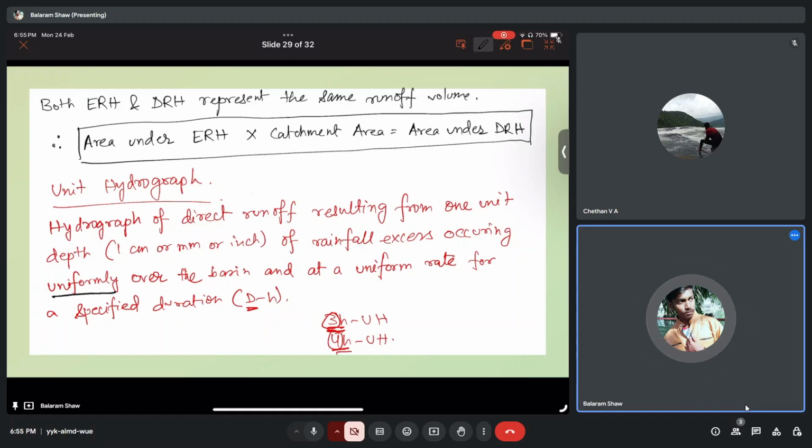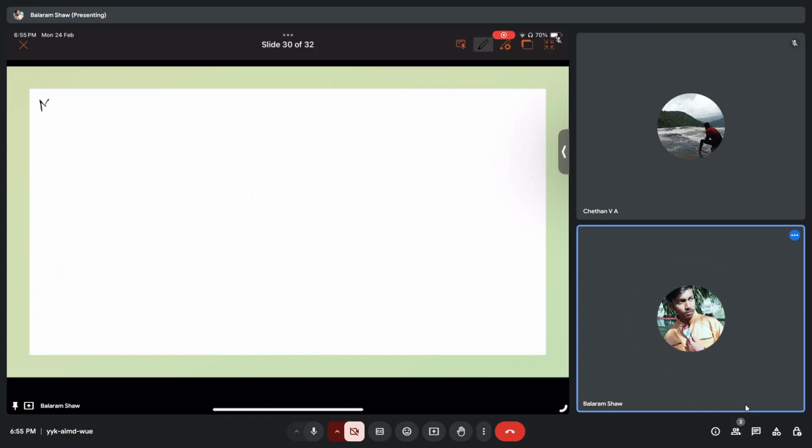So the rainfall excess should be occurring uniformly over the catchment, within whatever specified duration it is. Next, the rainfall event should happen at a uniform rate. Okay, so these are one or two assumptions. Then some more assumptions are